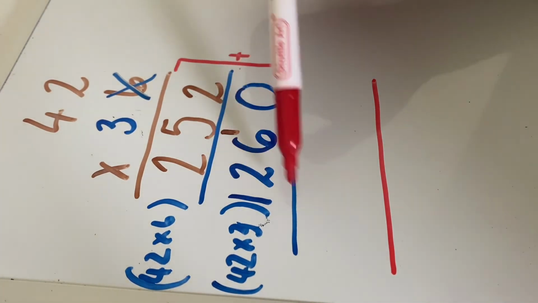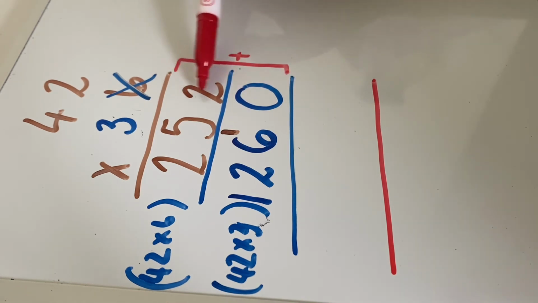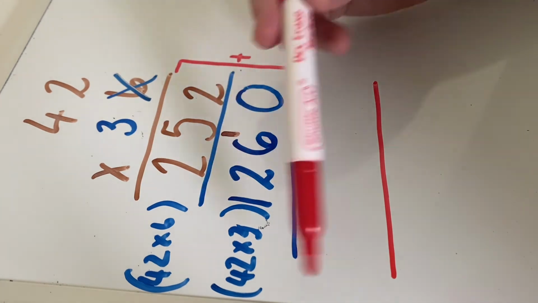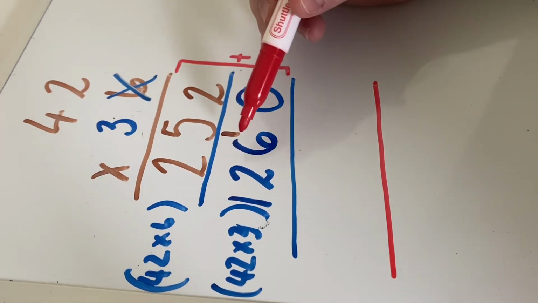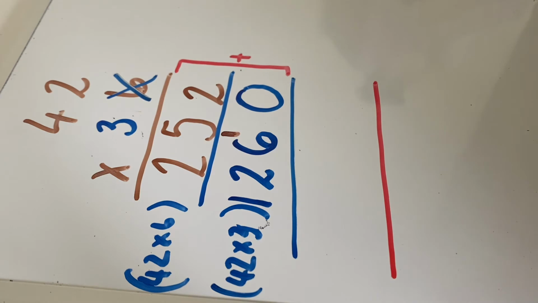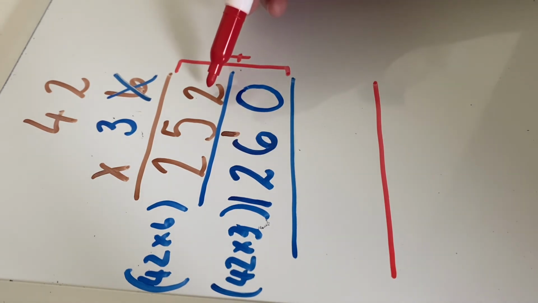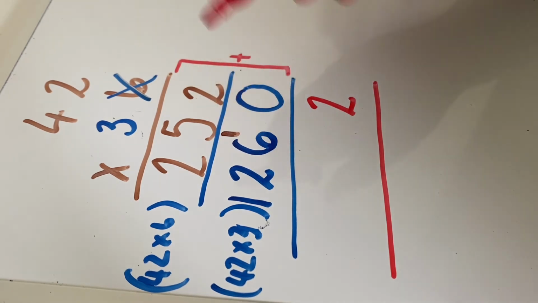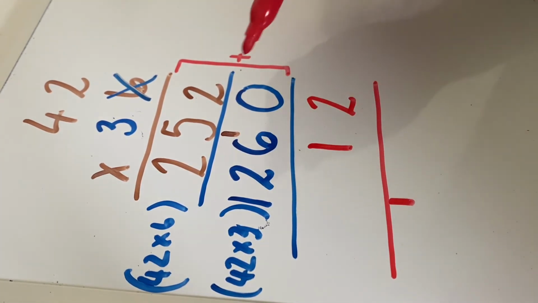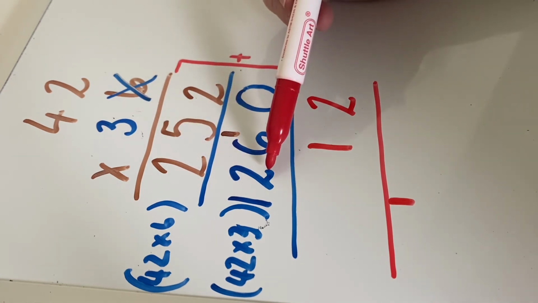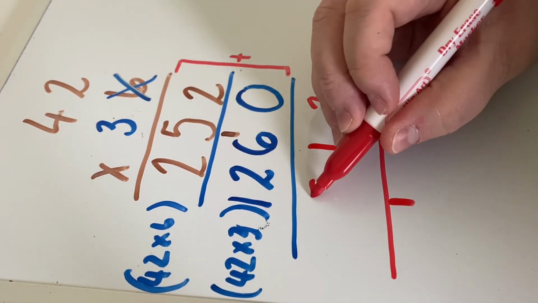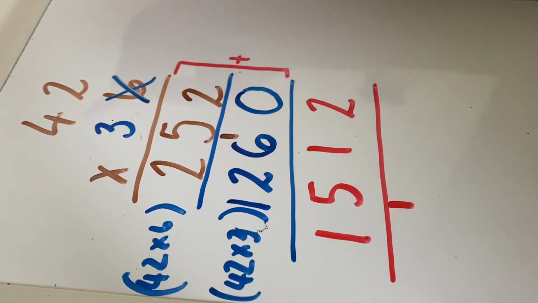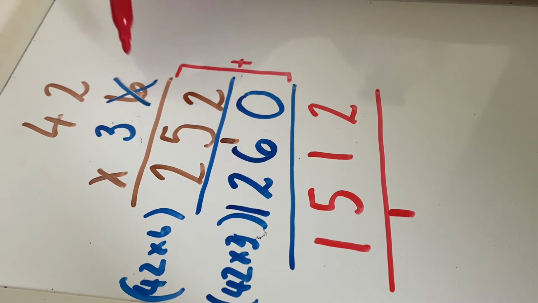And although I've squished mine here, I think I'm okay, but this is where it's important to make sure your columns are nice and lined up, because if they're not, then it can be very confusing. And as you can see, if I didn't do a small one here, that might also cause confusion. So we do 2 plus 0, which is 2, 5 plus 6, which is 11, carry the 1, 2 plus 2, which is 4, add 1, which is 5, and then we just have our 1, add nothing else here. So the answer to 42 times 36 is